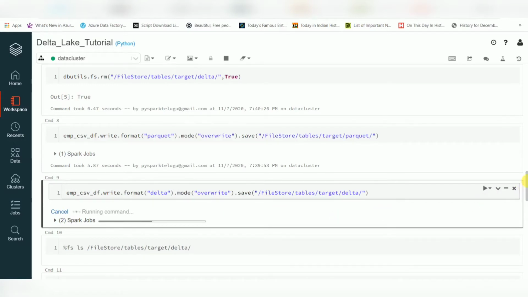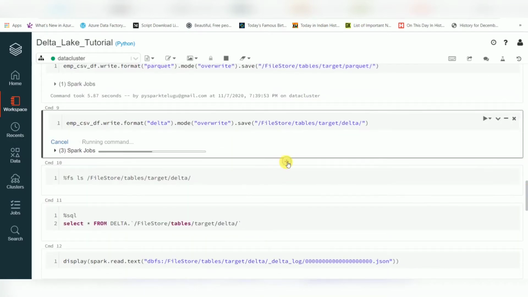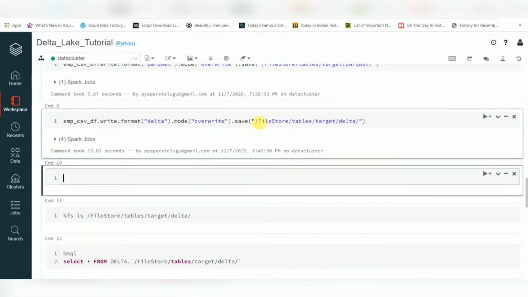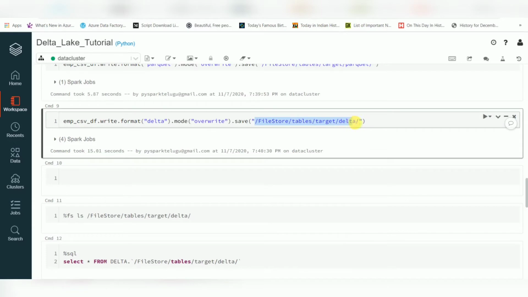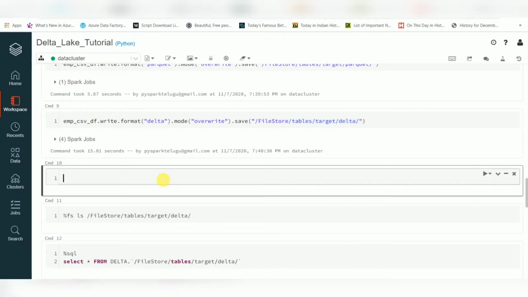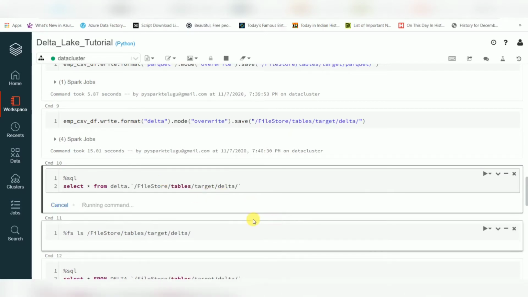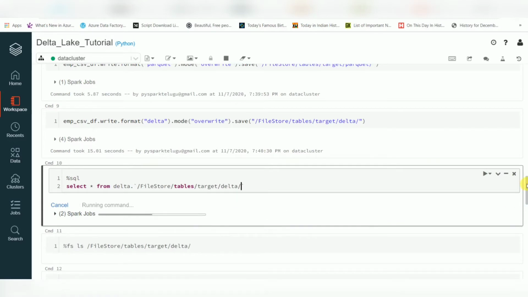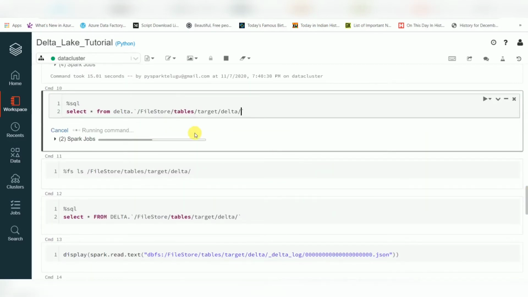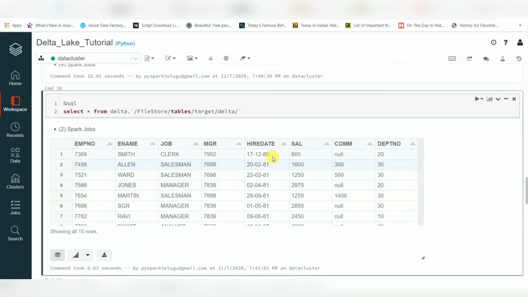After that, I will read this. Let's start with Delta. See here, the data is available. Total 8 fields, 8 columns are there.